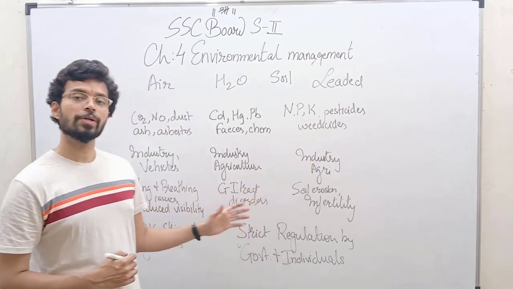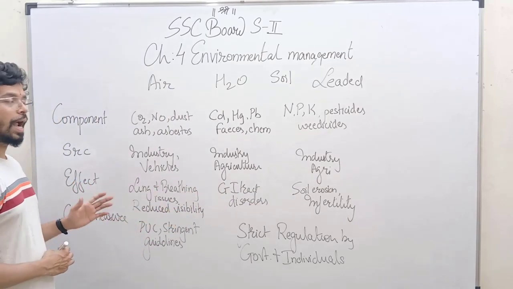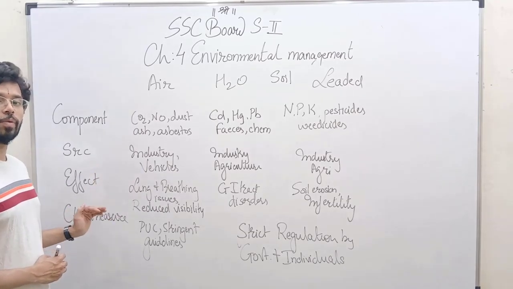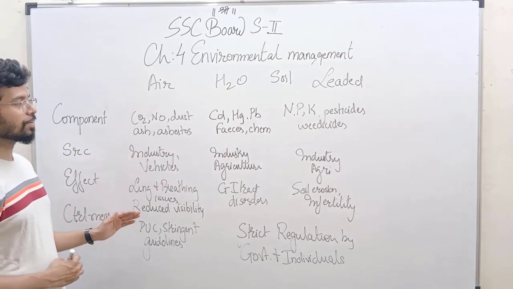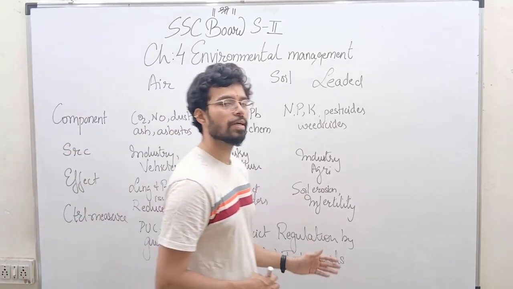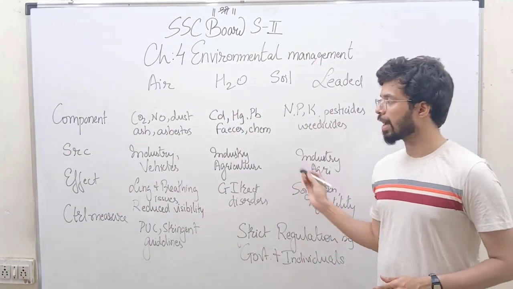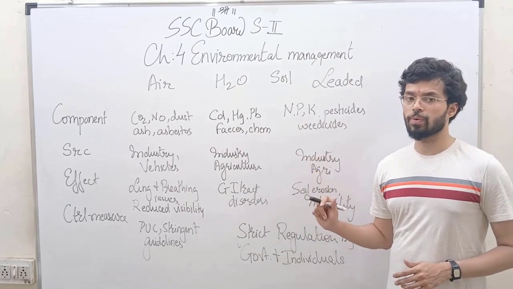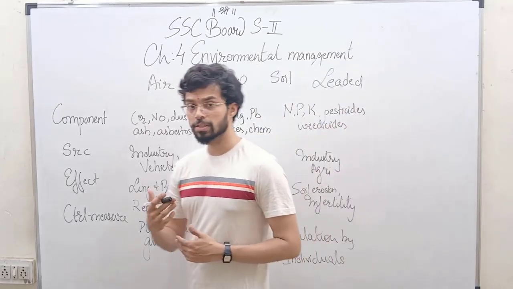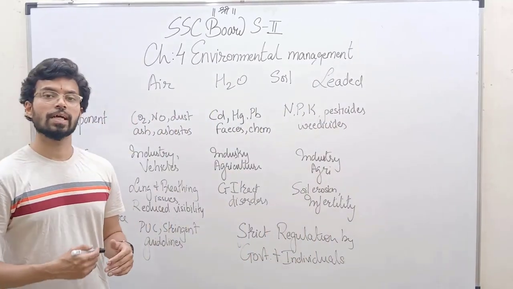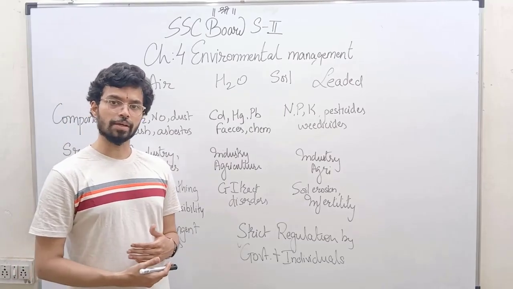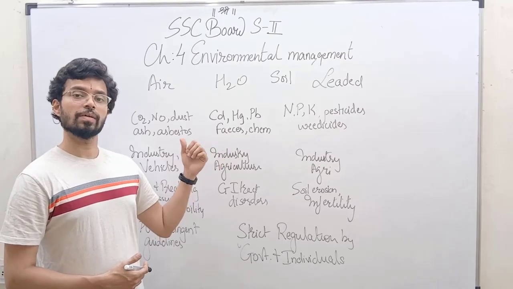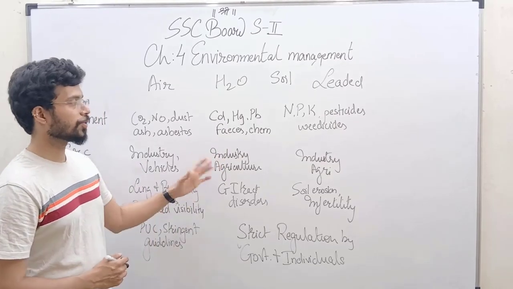So every component of the ecosystem is important, and these are the major sources of pollution and the control measures that are being given. So this is given as a partial chapter in the textbook. I have tried and completed it. As I said, you can add as many components as you want to any box depending on what context you are studying. So after this, we are going to see certain control measures and movement acts that the government had undertaken, or rather has undertaken, in order to effectively manage the environment. So I hope you have made a note of these.